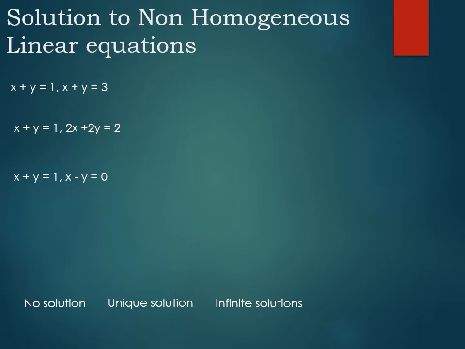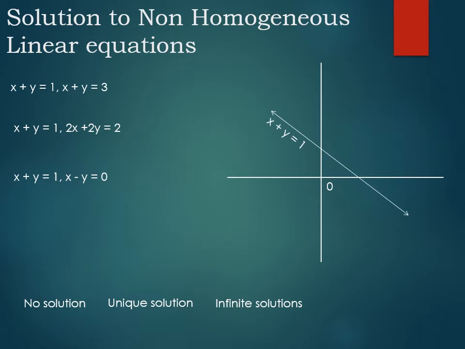For this we go graphically, drawing x and y axis and drawing the line x plus y equal to 1. In the first example, along with line x plus y equal to 1, we have x plus y equal to 3. So these are two parallel lines having the same slope but different intercepts. And again these two lines do not intersect each other and hence they have no solution. These are parallel lines, or the system for these lines is inconsistent. So this pair of line has no solution.